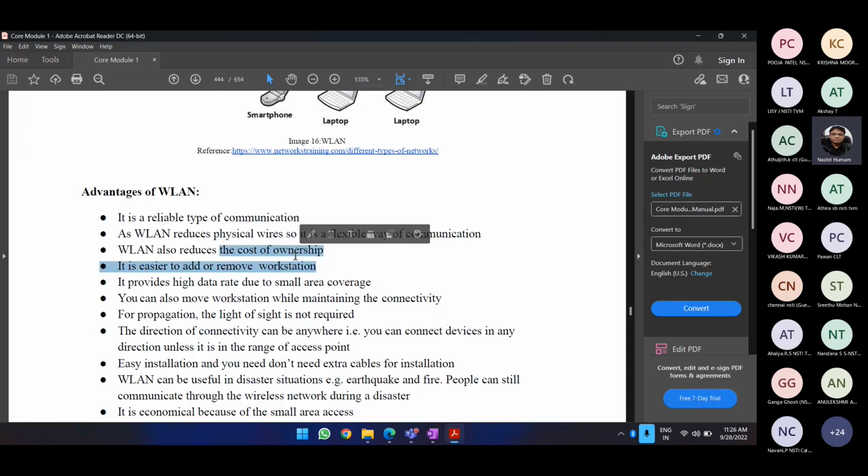Now you don't need that many cables. You just need a wireless switch, and that would be fine. Adding and removing: you move out of this place and you are removed automatically. You move in and you register on my network and you are already there. So again, data rate would be good, but